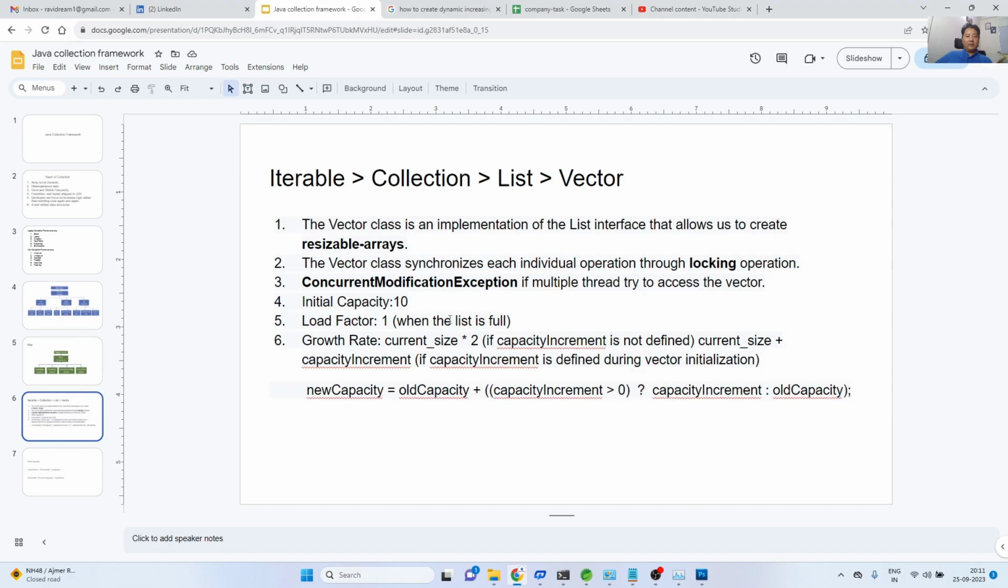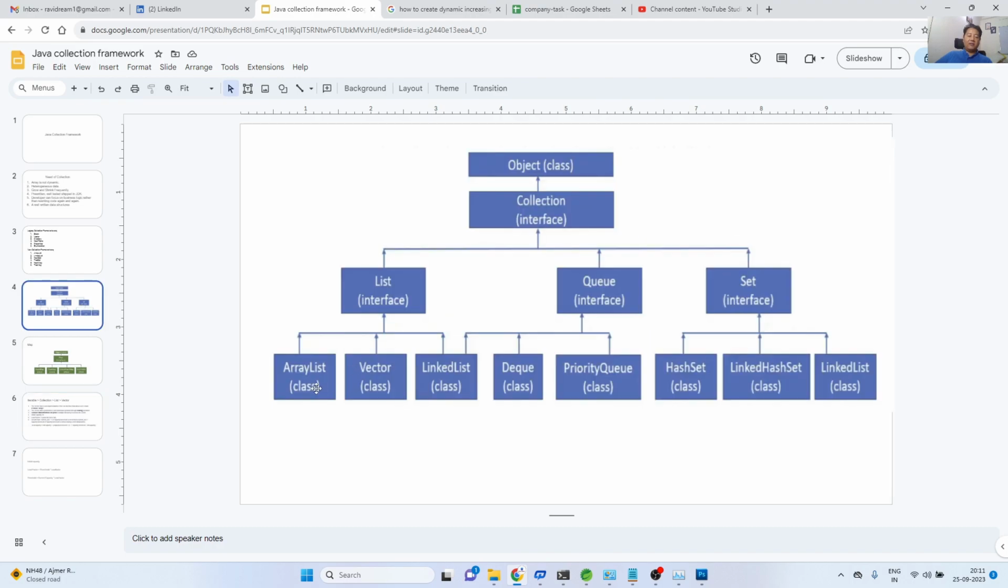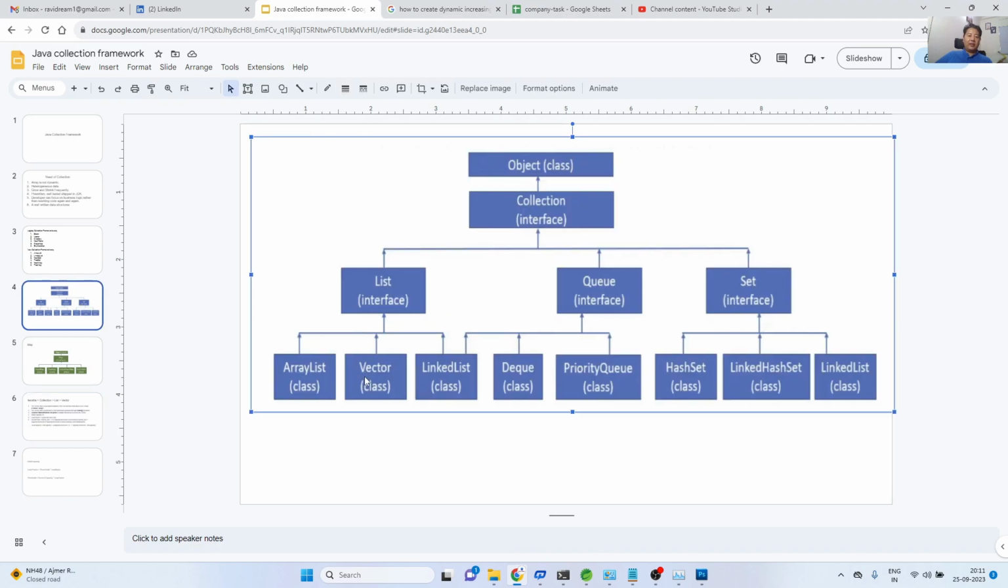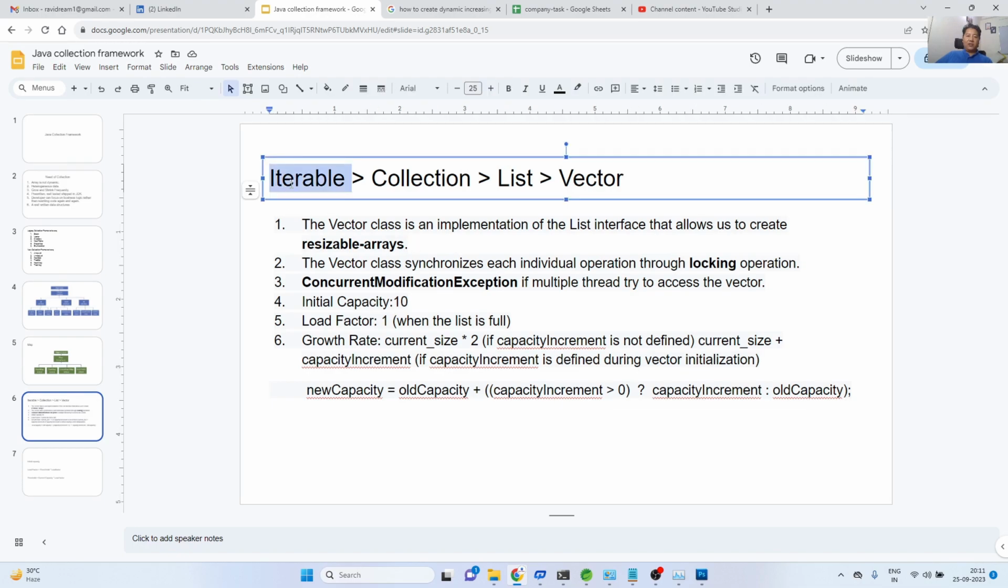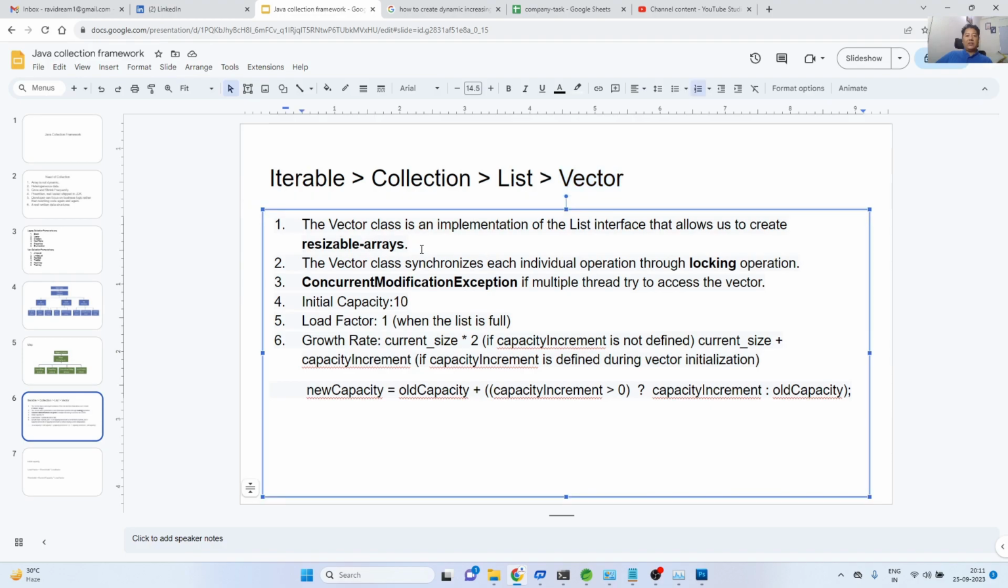And the first thing that I'm going to discuss is the Vector. Why am I discussing Vector instead of ArrayList? Because Vector came first, then people started using ArrayList and others. So I will discuss the Vector first, then I will come to the other data structures. At the top level, there is Iterable, Collection, List, and the Vector class. All these are interfaces, and Vector is the class. Remember this, right? Vector is the class,